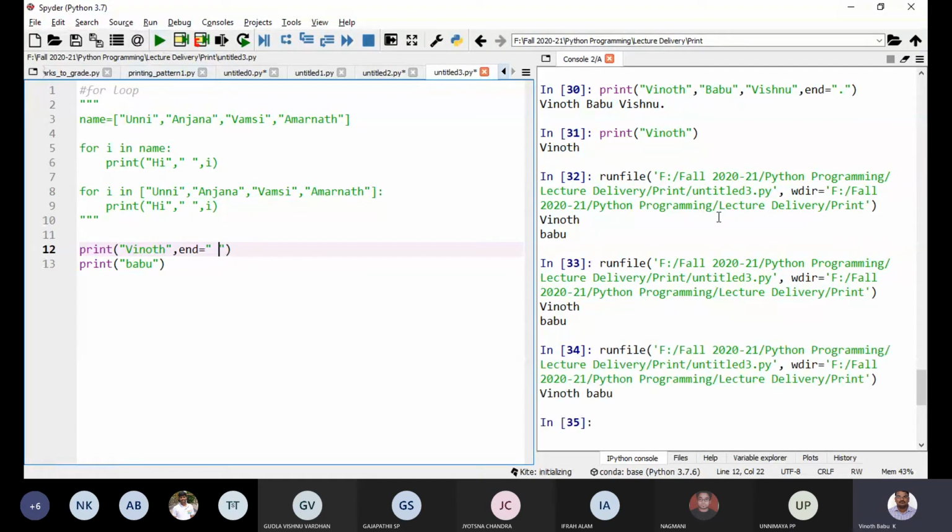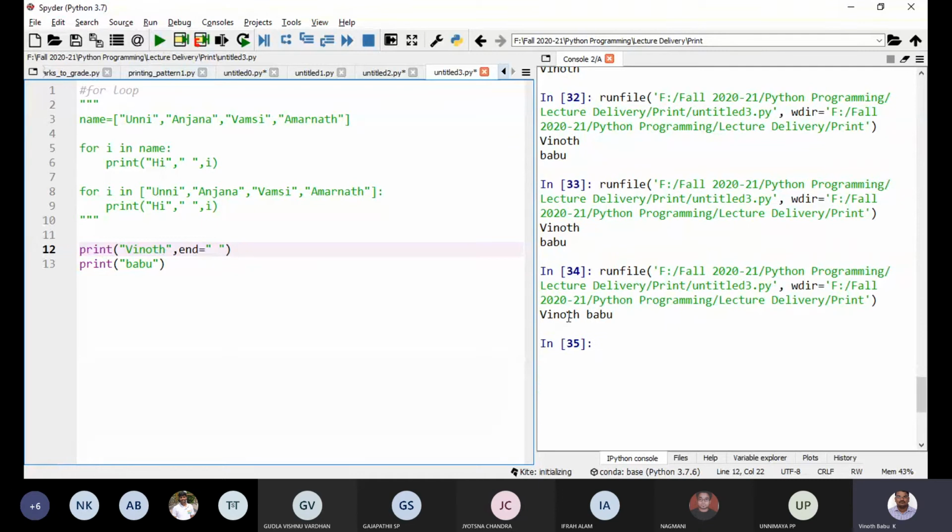So if I execute this, you can notice the next print is not starting from the new line. After Babu is coming, because I changed the default end operator. It is not the new line, it is the space. So after space, the next print is coming. This end operator I didn't discuss earlier.